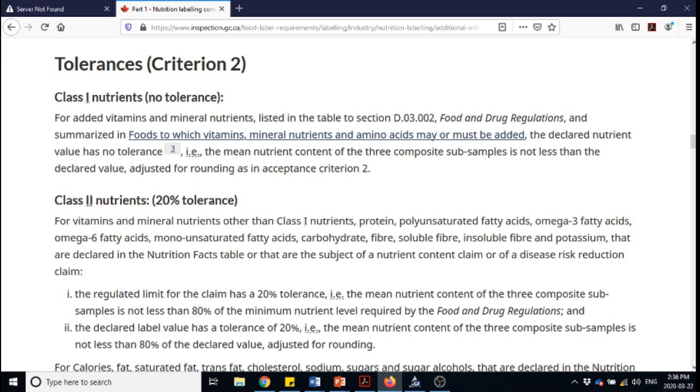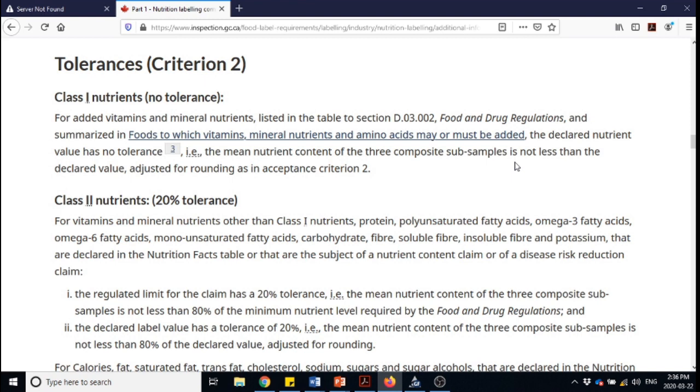So the declared nutrient value has no tolerance. If I have to add iron or vitamin C or folate to my product, remember we jumped out to that foods to which vitamins, minerals, and amino acids, etc. must be added. If it's one of those products, there's no tolerance allowed. It has to be that